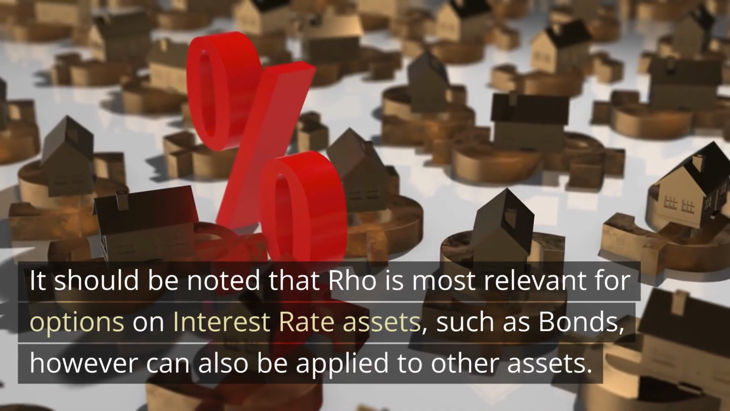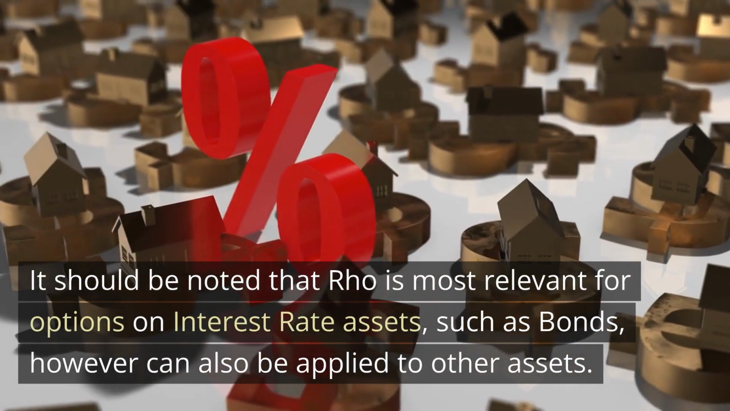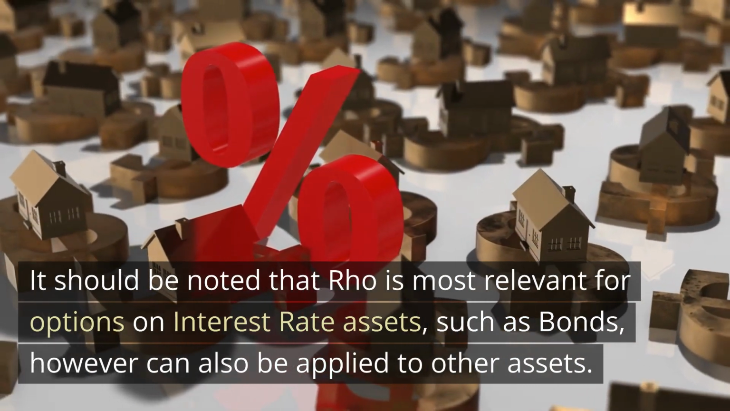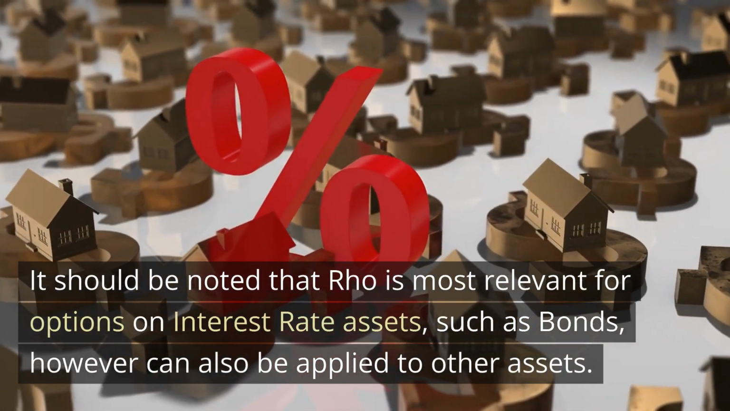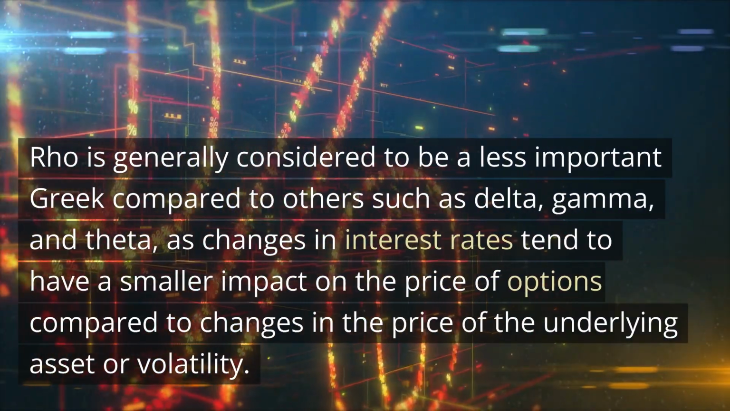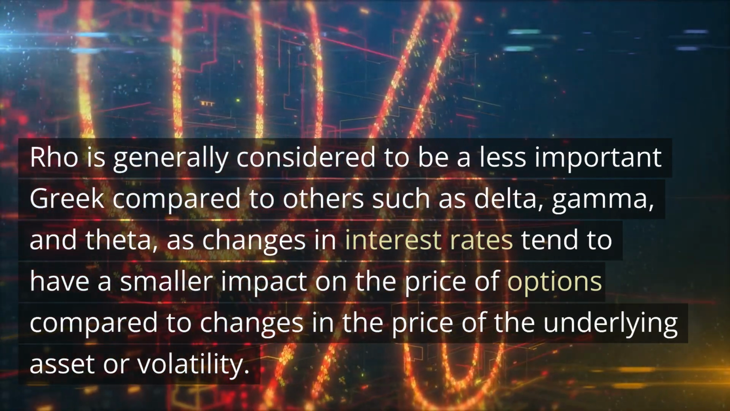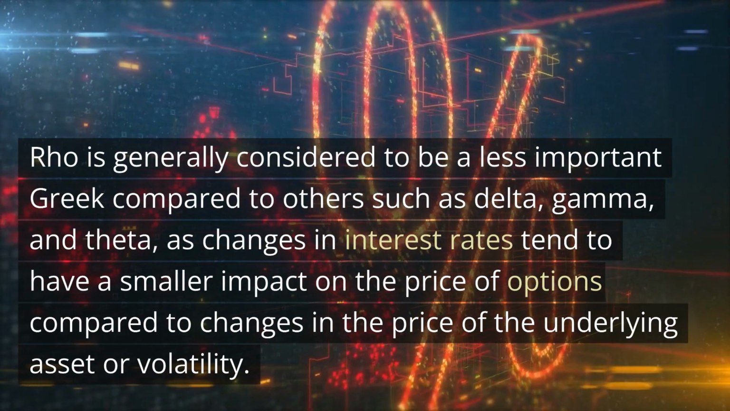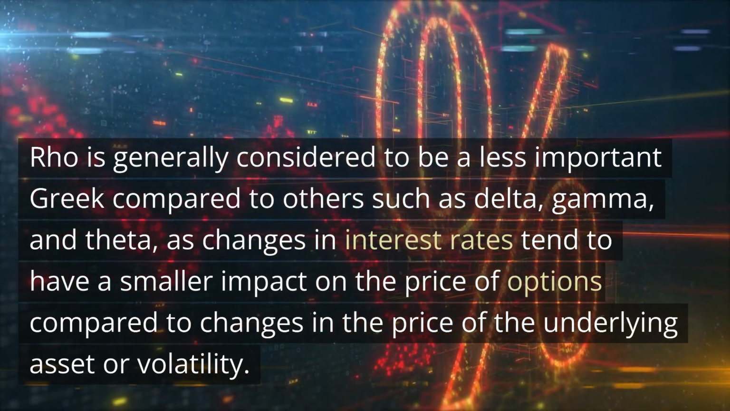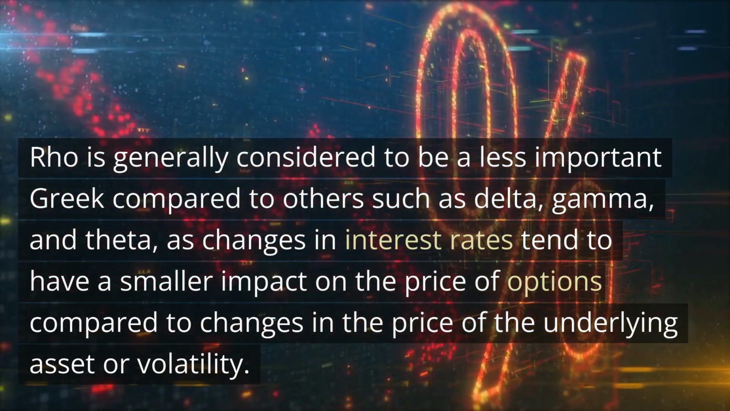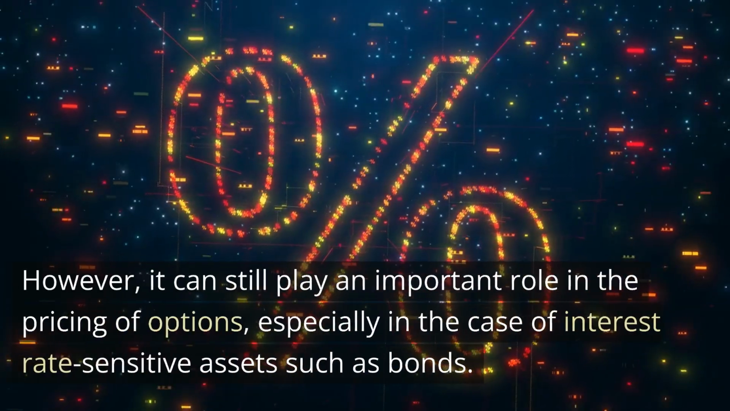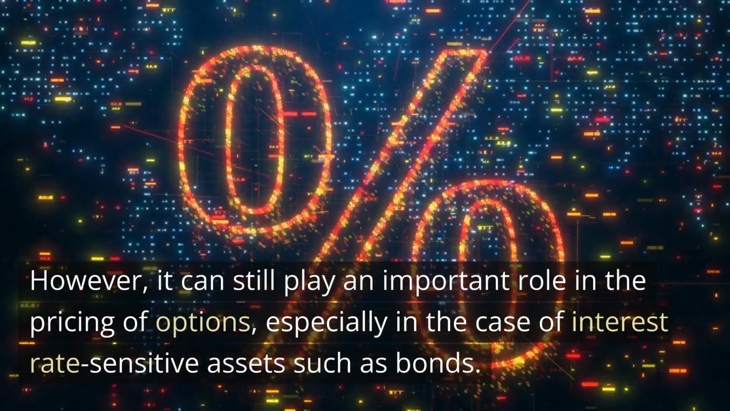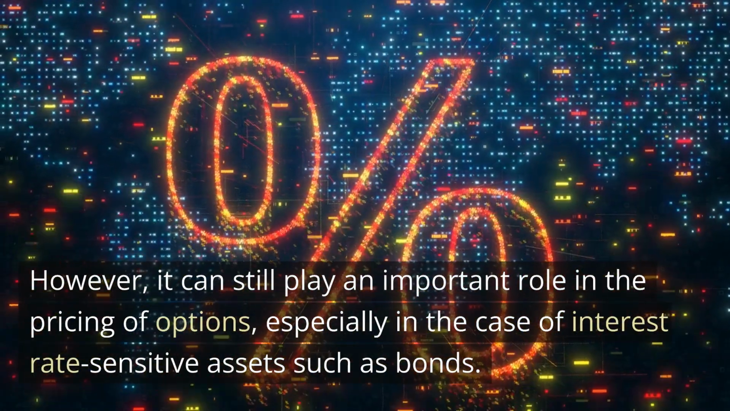It should be noted that Rho is most relevant for options on interest rate assets, such as bonds, however it can also be applied to other assets. Rho is generally considered to be a less important Greek compared to others such as delta, gamma, and theta, as changes in interest rates tend to have a smaller impact on the price of options compared to changes in the price of the underlying asset or volatility. However, it can still play an important role in the pricing of options, especially in the case of interest rate-sensitive